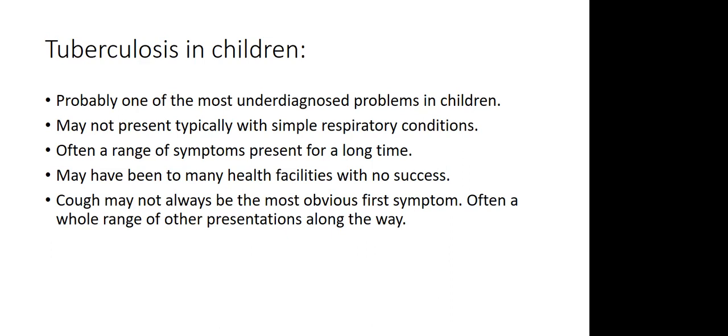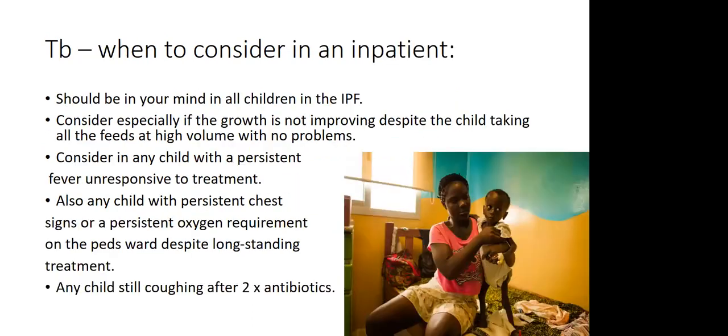Just to say as well, they may not come with a cough. That may not be the first way you see them. It may be that they had a cough some other time, they got TB, and then the cough went away and it became a chronic sort of TB. Maybe a lung abscess developed, but the reason they present may be abdominal pain or maybe spinal deformity. So I'm going to share a little bit about some of those different presentations.